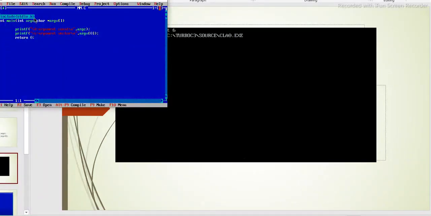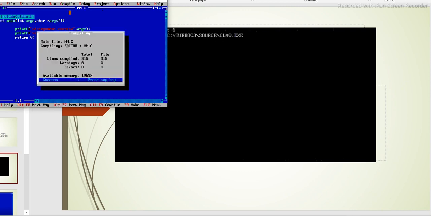This is the first example program. We can type it and compile. 0 errors.